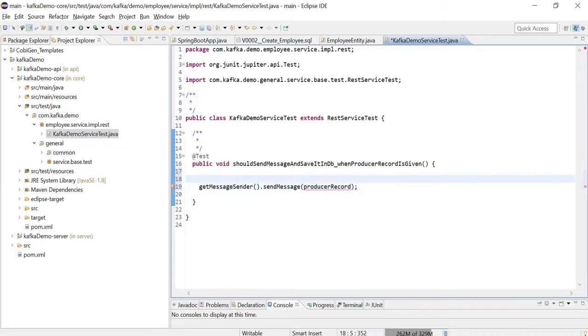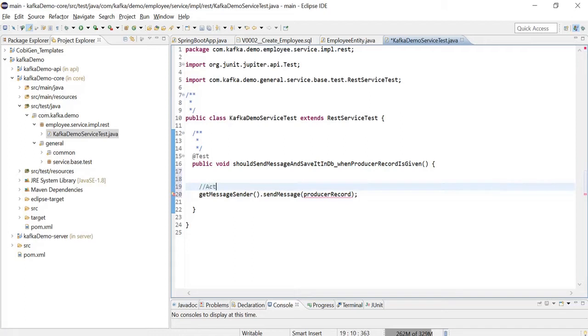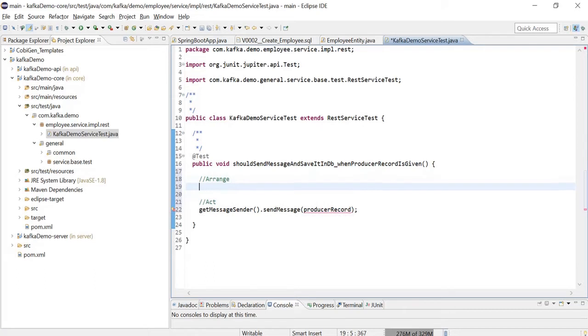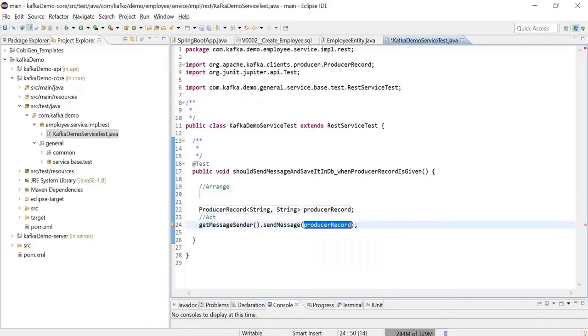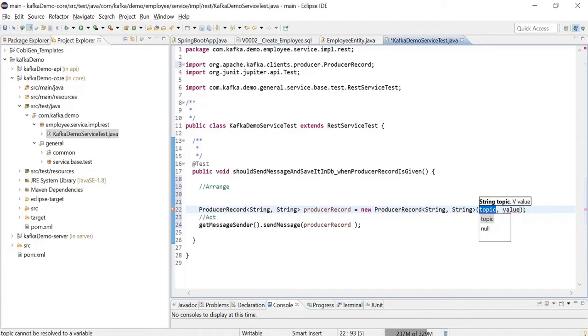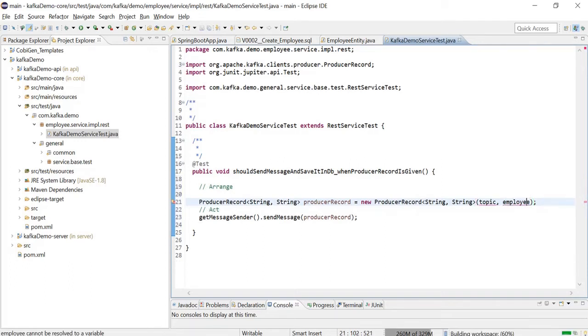Now let us create the producer record. This part will be act. Now let us do the arranging of the things for the act. So it requires a producer record. Let us create a local variable equals new producer record, which will have the topic and the value will be the employee object. Alright, so I need to create employee, and the topic will be the one which we passed